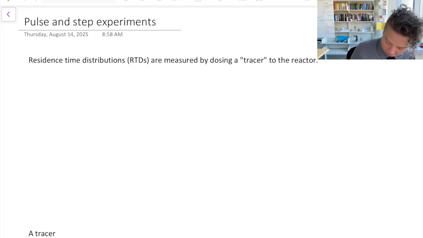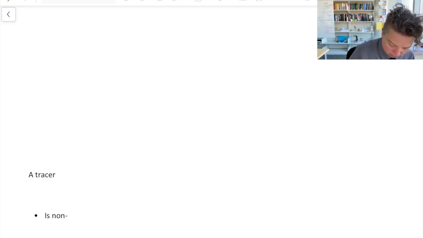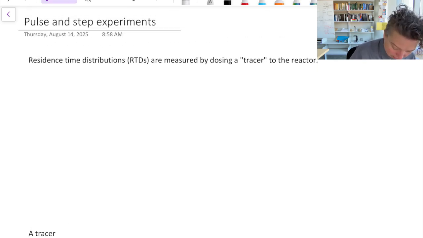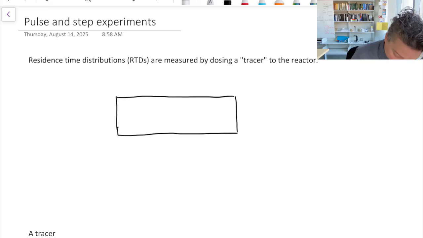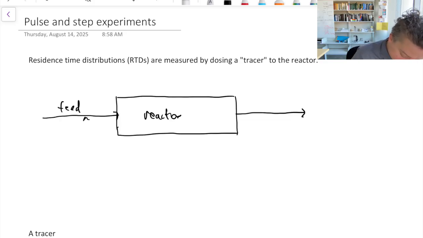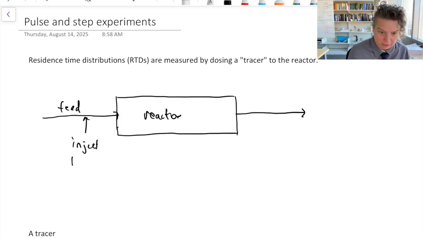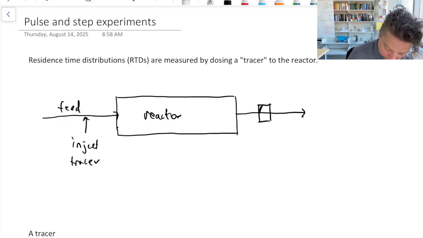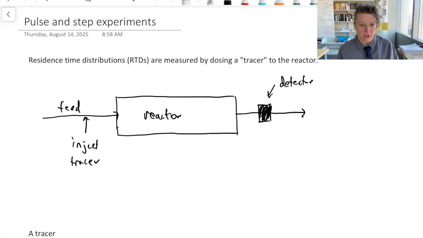So basically, a residence time distribution is measured by dosing a tracer to the reactor. So if we have a reactor, I'm just going to draw a reactor. This could be any reactor. Here's our reactor. We have our feed coming in, and we have the stuff coming out. And what we do is we inject tracer at the feed, and then at the outlet we have a detector